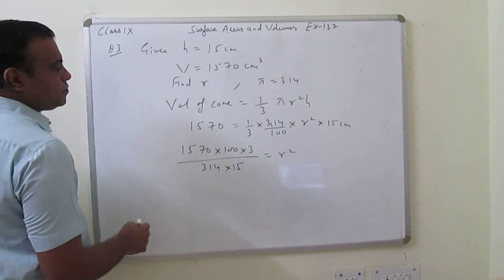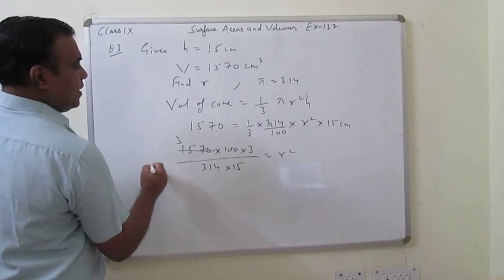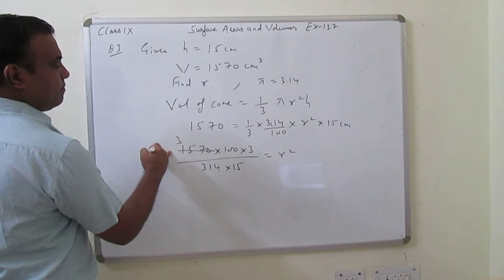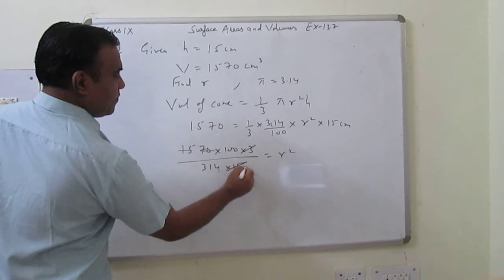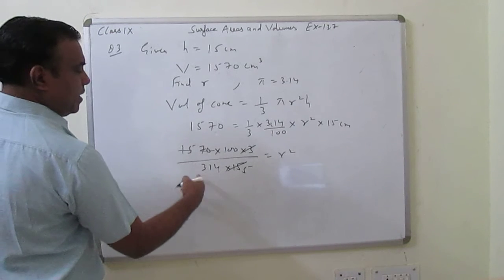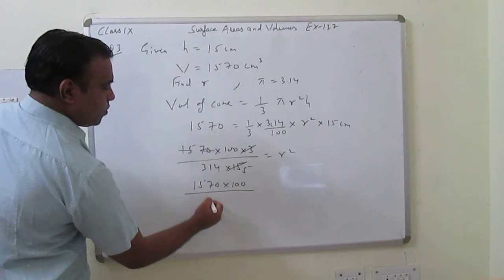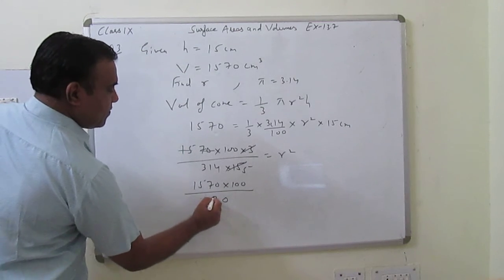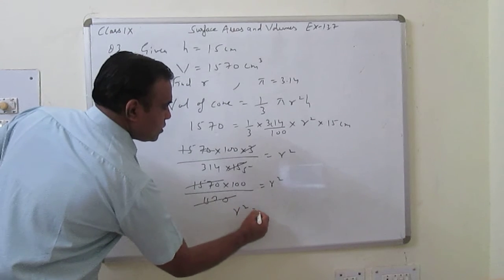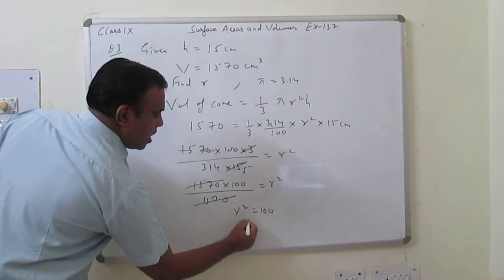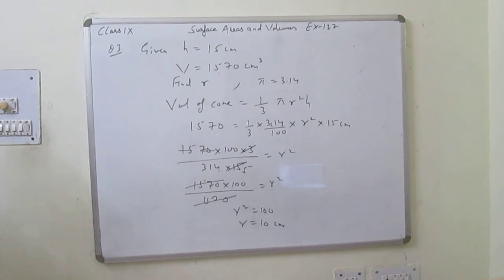So what you do, you cut with 5 है ना, 5 3s are 15, इसको 5 से काट दो, 3 5s are 15 and if you multiplied it 1570 into 100 upon, इसको multiply करेंगे तो क्या आ जाएगा? 1570 आ जाएगा is equal to r square. This will cut. So r square is equal to 100 and r is equal to 10 centimeter. So radius of cone is 10 centimeter.